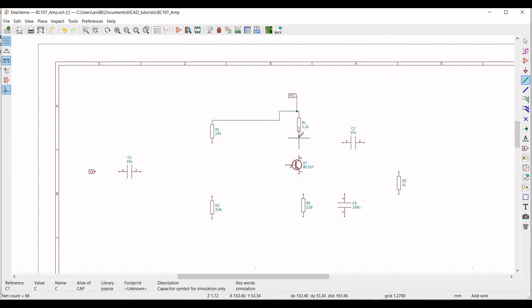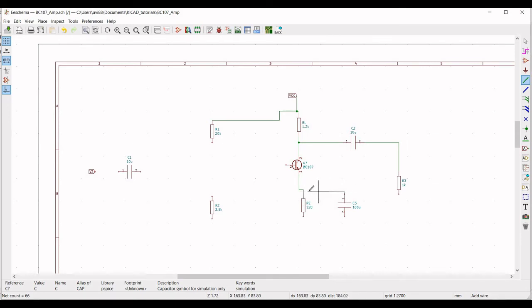The load resistor RL is connected to the collector terminal of BC107 and connect the capacitor C2 to the collector terminal of BC107. Next, connect C2 to the resistor R3 and from resistor R3 to the capacitor C3.